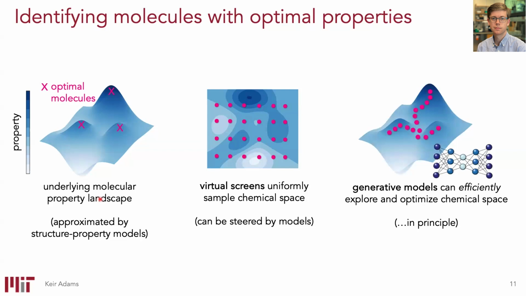But there's been a lot of interest, of course, in using generative techniques instead. I'm thinking about the role of generative AI and generative models to propose novel chemical structures that don't belong to that fixed virtual library. Because the promise, or the hope, is that if we have some understanding of a structure property relationship, we can try to invert that relationship and go from the desired property directly to the structures we want. So the goal would be to say, I have a generative model and it's going to propose the chemical structures directly that live at these maxima, or maybe it takes a nice smooth path up the hill to find these optimal molecules.